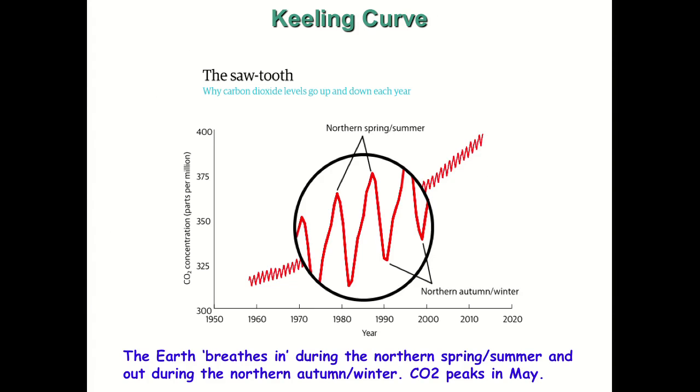And again, I just wanted to emphasize why the concentrations go up and down, which somebody correctly answered. Remember, the Earth breathes in during the northern spring summer and out during the northern autumn winter, with CO2 peaking around about May time. But remember, the amplitude of these is extremely small compared to the overall increasing trend in CO2. But remember, this is in the northern hemisphere. If we were to look at this trace in the southern hemisphere, because there's less vegetation generally, the amplitude of that trace would be much smaller. Peak to peak concentrations changes are much smaller.